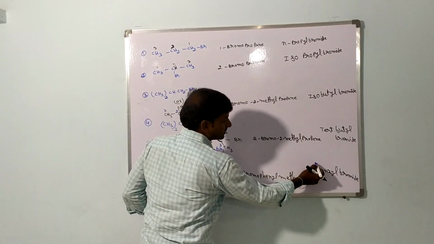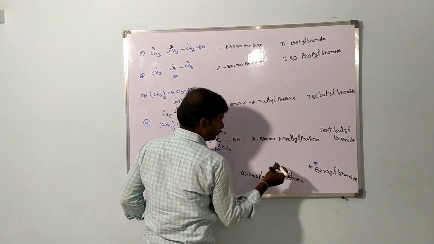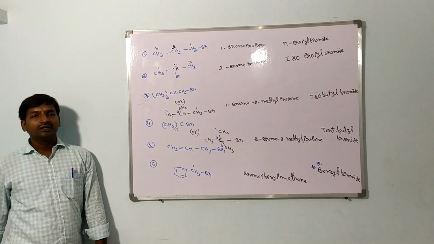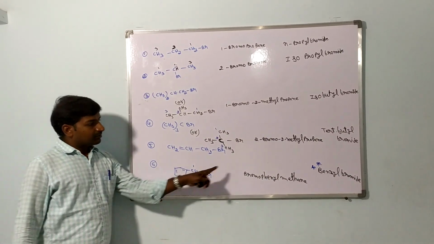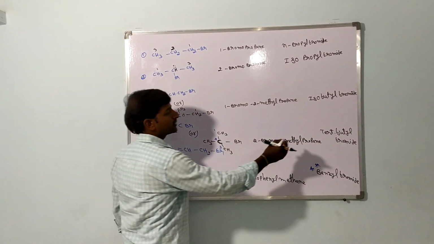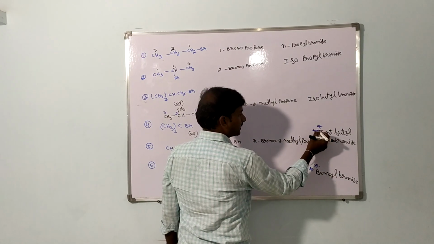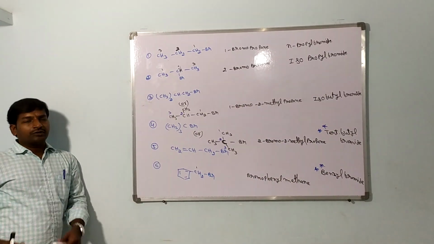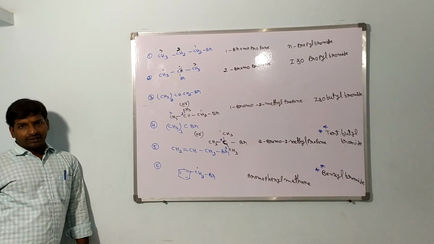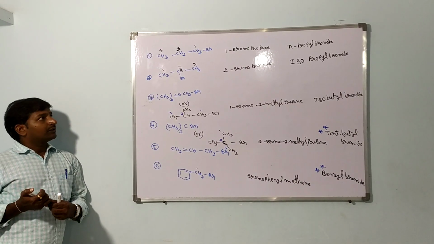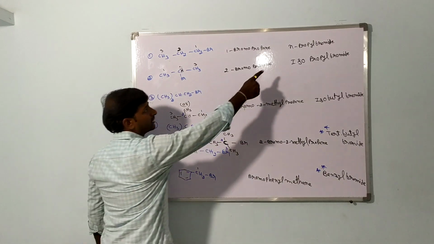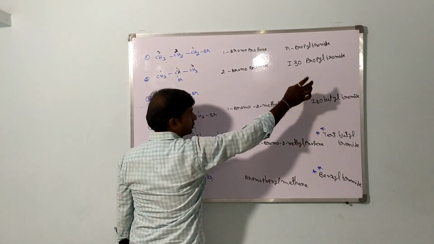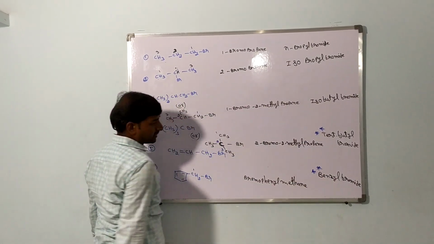So this common name is very important. Instead of IUPAC name, the common name is very important. So this benzyl bromide. Next to this, a common name that is also important is tertiary butyl bromide. So this is the simple IUPAC naming of haloalkanes. So here you have to remember what is N, what is iso, next to tertiary, benzyl.